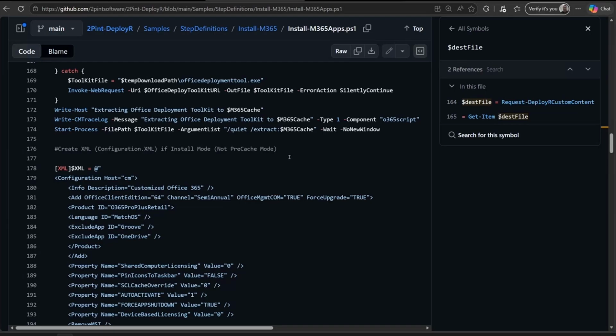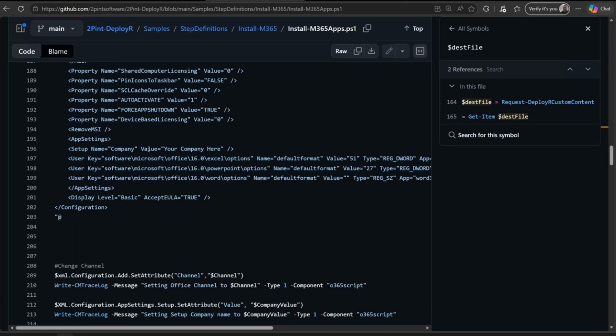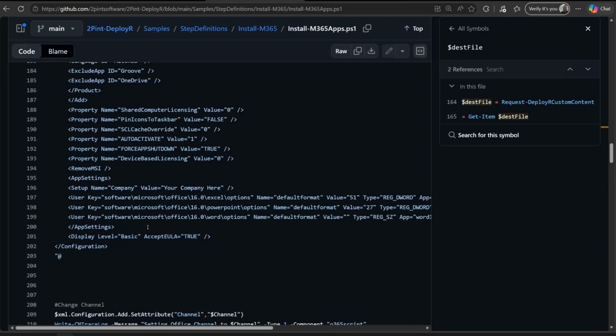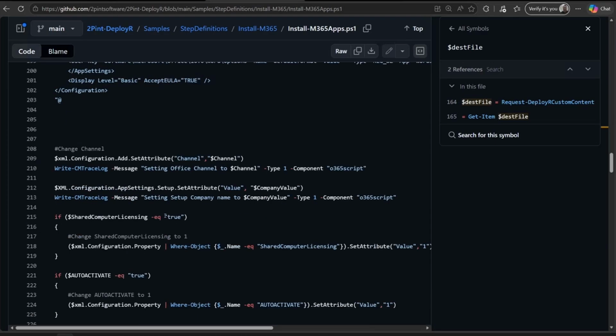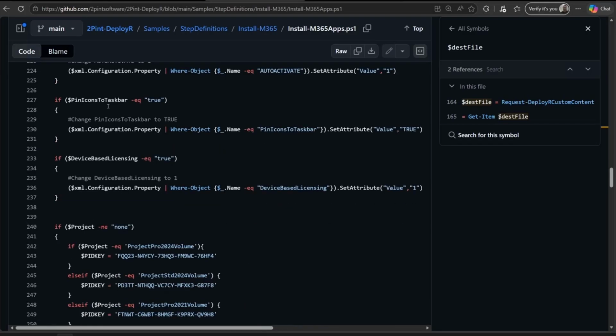Now this is where it gets really fun. When you are at the Office config site and you finally check the 18 boxes and drop downs, it gives you the configuration.xml file. So what we're doing here in the step is doing the exact same thing. We're taking the XML and we're going to manipulate it, right? We have just a generic one at first, and then all those variables are going to come through and modify the XML file,